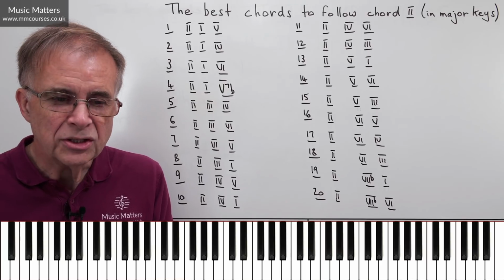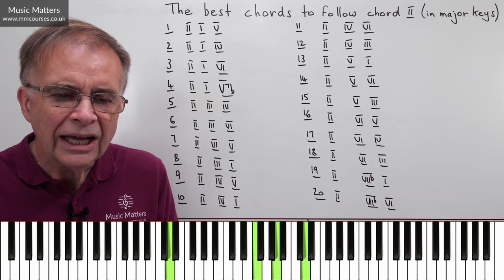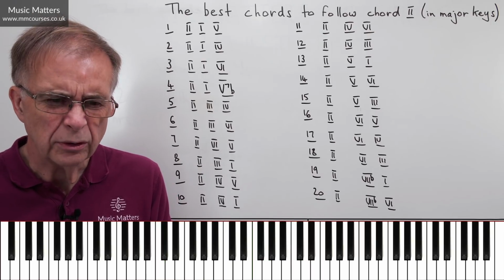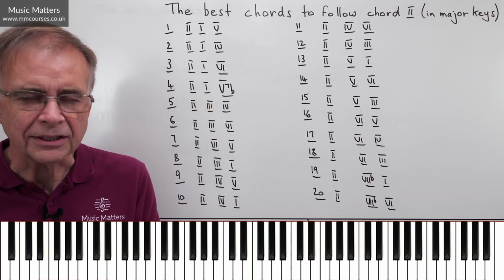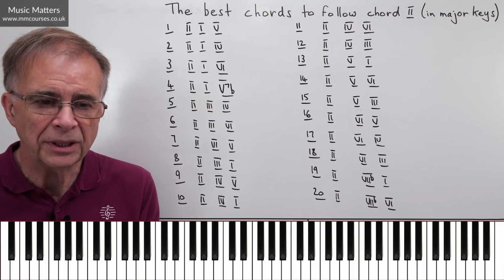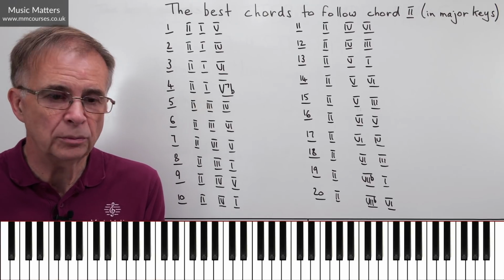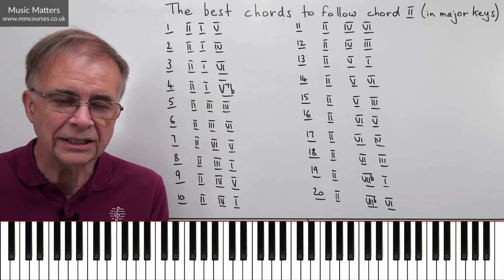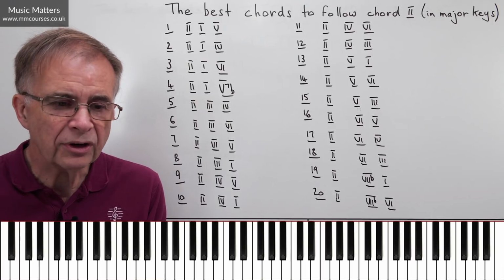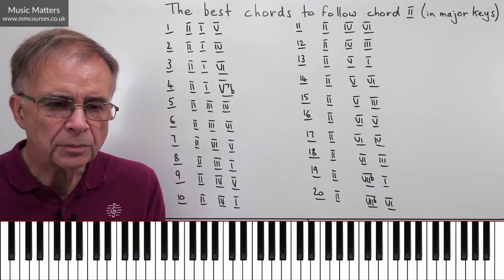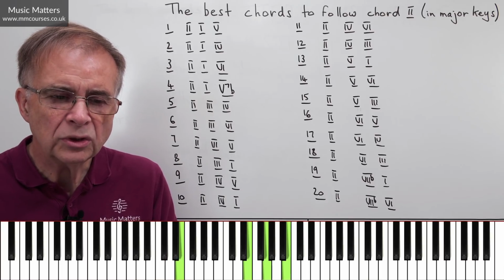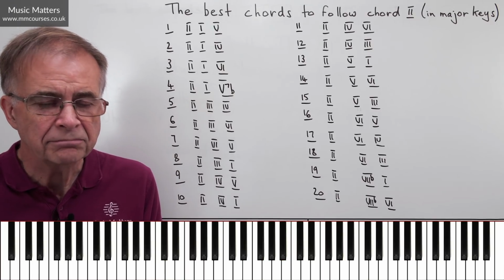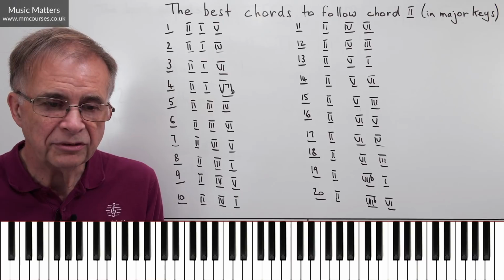Option number 8 is going 2 to 3 to 1. Now some people are going to say, well, 3 to 1, what on earth is that? That's not a cadence. Well, you're right, it's not a cadence formula, but it doesn't have to be a cadence. This could be a progression that's happening at the start of a phrase, which is then progressing on to a cadence, or is midway through a phrase. So it's perfectly possible that we could go 2 to 3 to 1, always thinking about this contrary motion where we need it. Slightly less usual one, but perfectly possible.